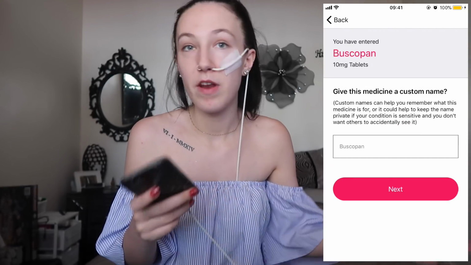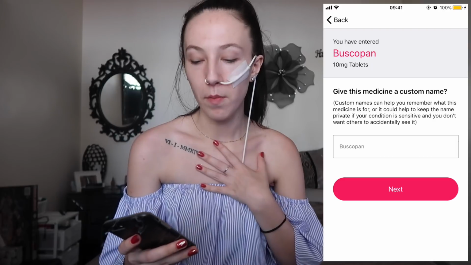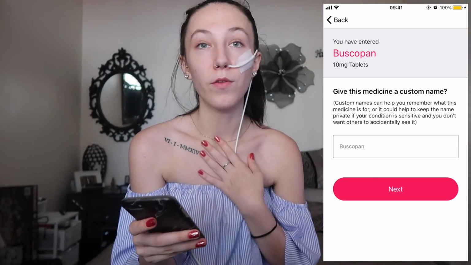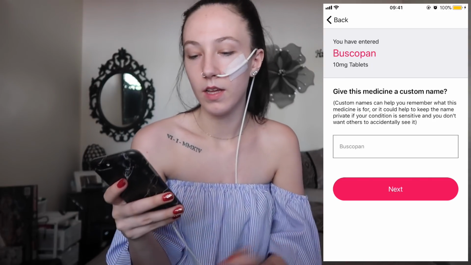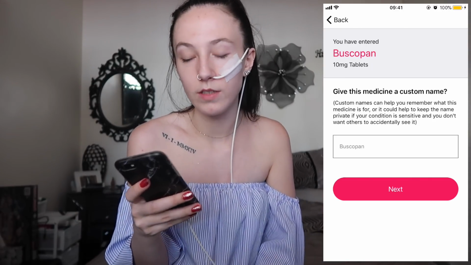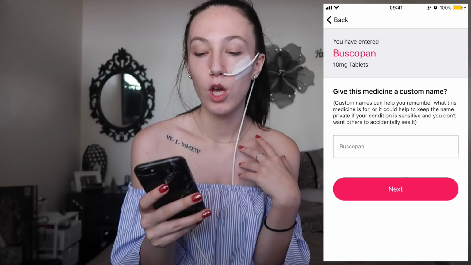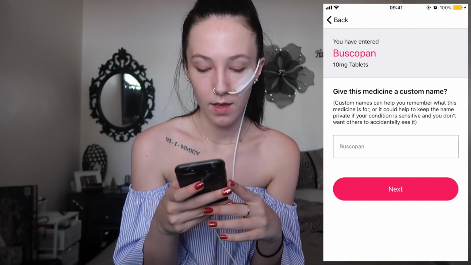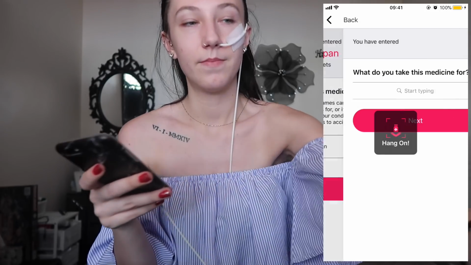Buscopan. Okay, I'm going to leave it at Buscopan because, again, I'm familiar with all my tablets, but I'm glad that it gives you a name. And it gave an example that you could name it the pink pill, but I know what a Buscopan looks like. But this is much more convenient for someone who maybe struggles to remember their medications or what the pills look like. And next,